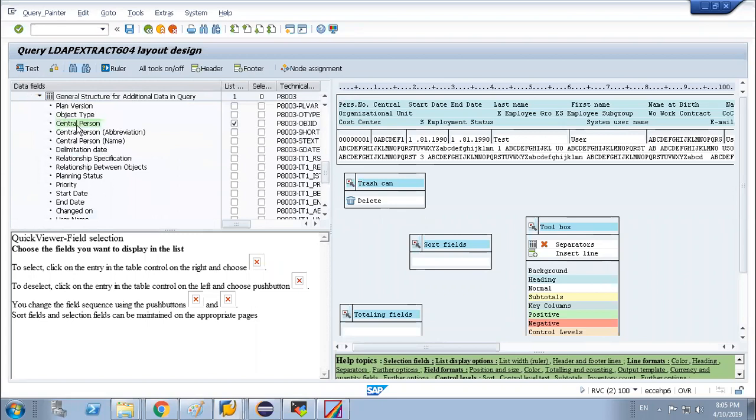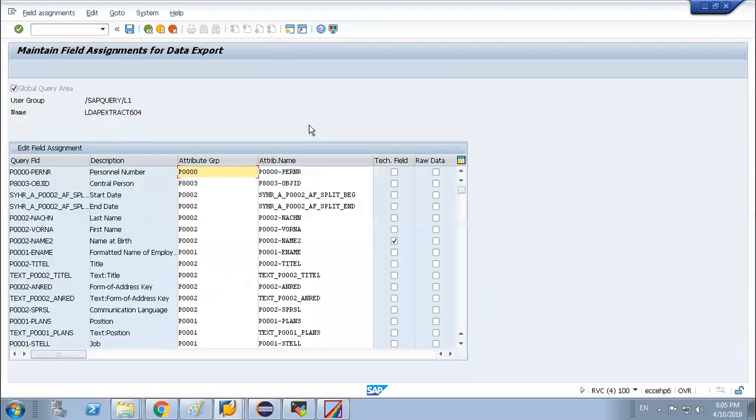If you go here, see this has been ticked. That means this information we are passing. P8300 object ID: if you go back here, this is the object ID we are passing. We are sending it into the IDM system, and that is why this list has come up on the left-hand side.